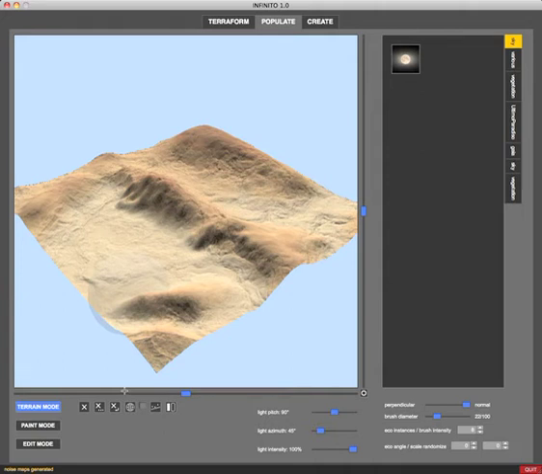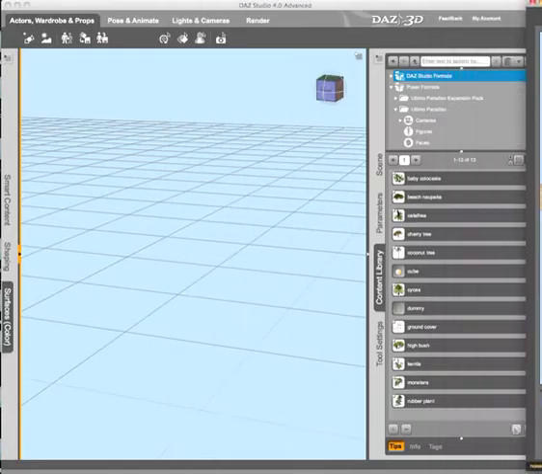Alright, now it's time that we populate this terrain for good. And the first thing to say is that Infinito, when it starts up, collects and catalogs all the props that you have available in your DAZ Studio runtimes. This means that